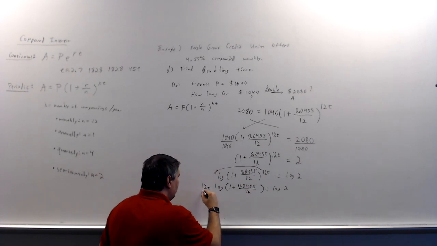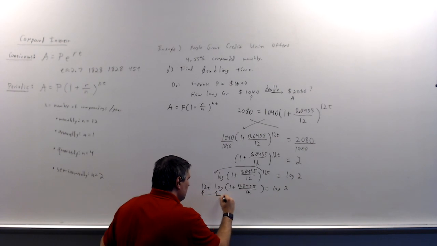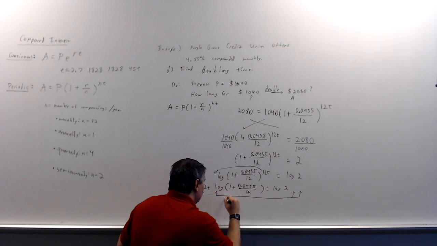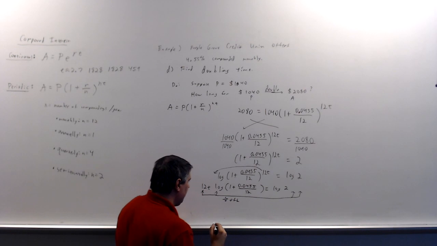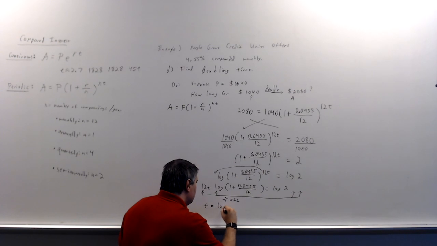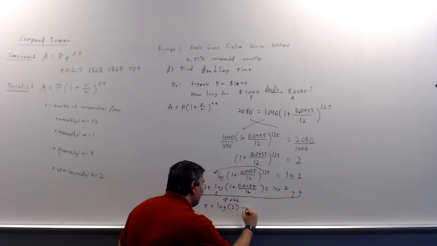Okay, and then all I need to do is divide these two things off. Divide off. Okay? Those are meant to be division symbols. So t equals log of 2, I'll put it in parentheses to be on the safe side, divided by the 12,